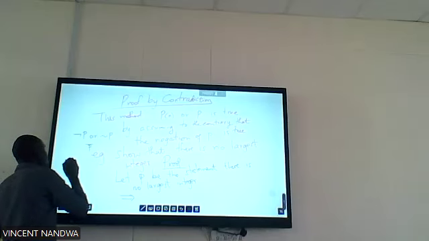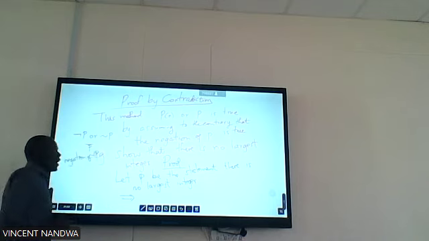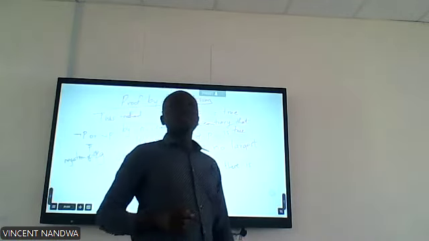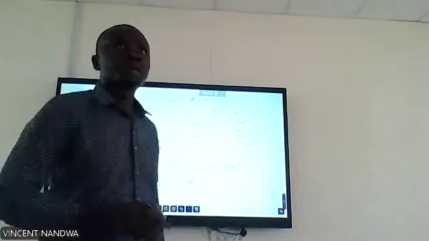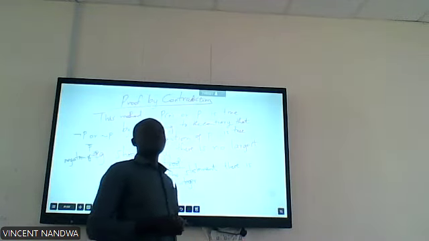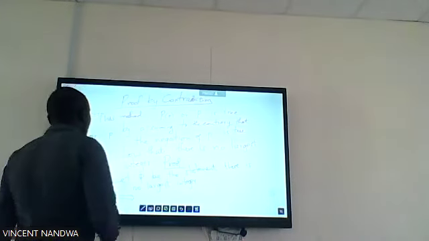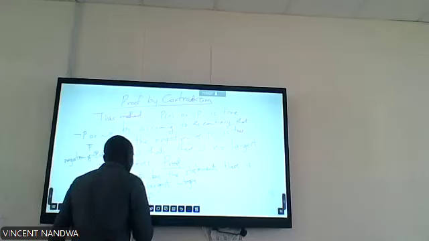This means negation of P. To negate P simply means to deny P. If you say it is raining, then to deny you say it's not raining. You say today is Tuesday, negation will be today is not Tuesday. So negation of P will be the statement